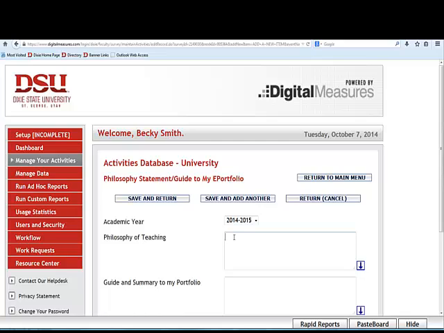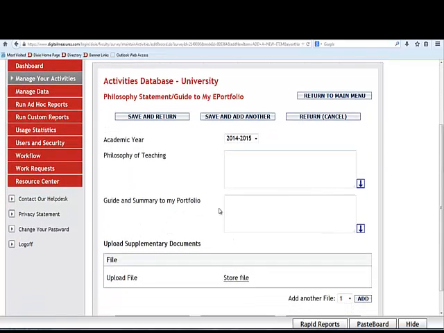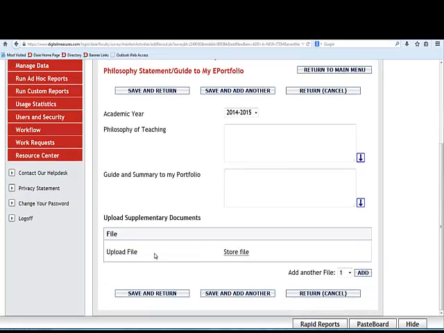You can type quite a bit into this small box. You can also use the guide and summary to my ePortfolio, or you may choose to create these in a Word document, save them as a PDF file, and then upload that file. So you could do a philosophy of teaching as a stored file. You can also add another file, so your guide and summary to your ePortfolio could actually be a separate file. So again, here you can enter information of a small nature into these two boxes, or create and